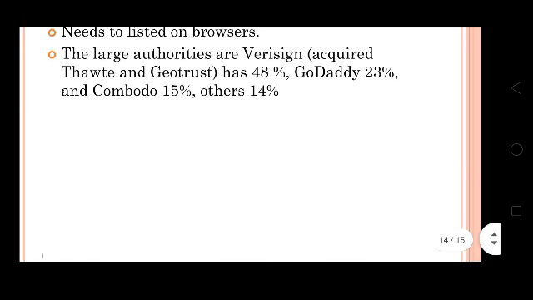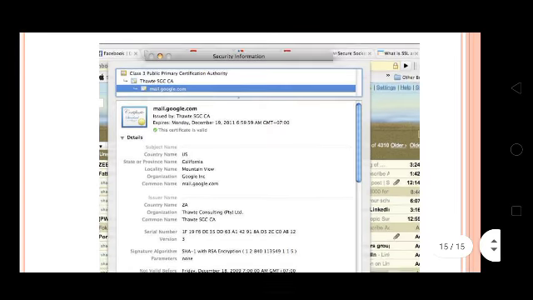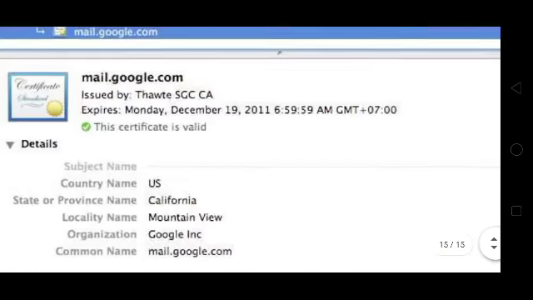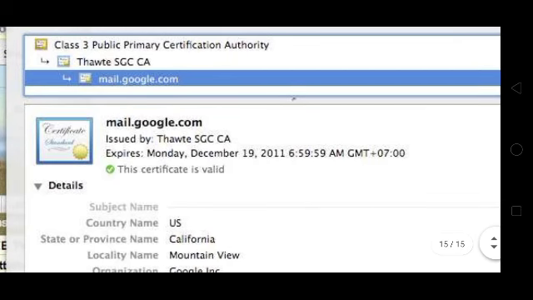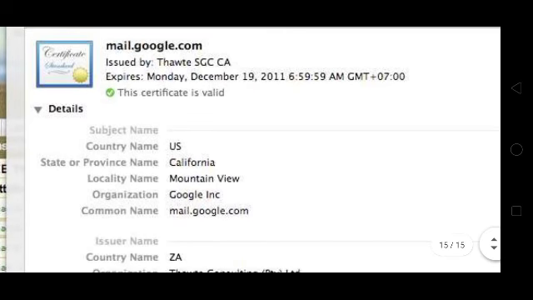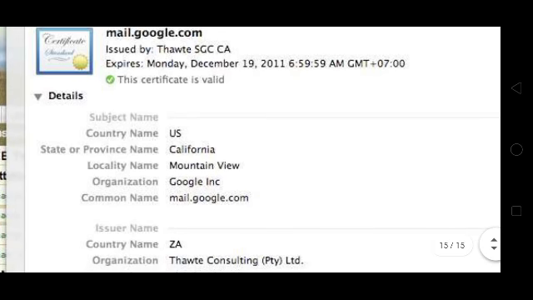Now next, this picture shows how to check the certificate, here for google.com. It shows first the name of the website, then issued by, the name of the issuing or certifying authority, then expires, there is an expiry date for every certificate.